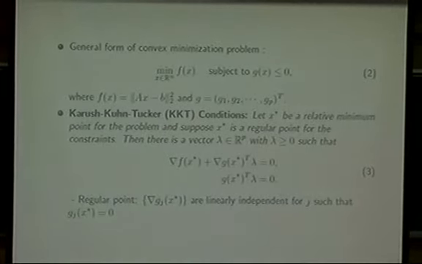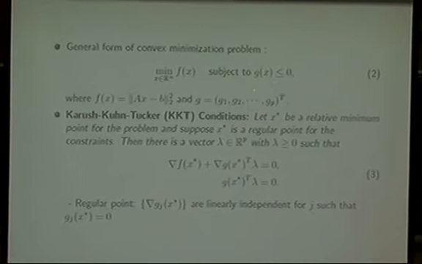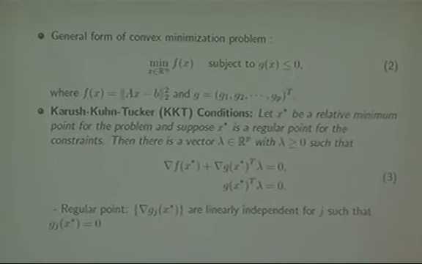This is the general form of convex minimization problems. We want to minimize this function, and we have this kind of general inequality constraint. Then we have the very famous KKT conditions, the Karush-Kuhn-Tucker conditions. So x star is a relative minimum on that region, and x star is a regular point for the constraint. Regular point means